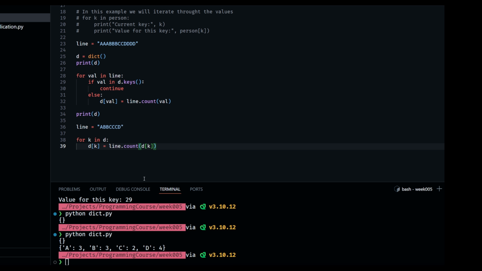This statement will add new key value pairs to our dictionary one by one, because as you can see, if we already have a character as a key inside of our dictionary, we will just go to the next iteration. But when we have a new value which we haven't added to the dictionary, we will add it. This is not a perfect example,